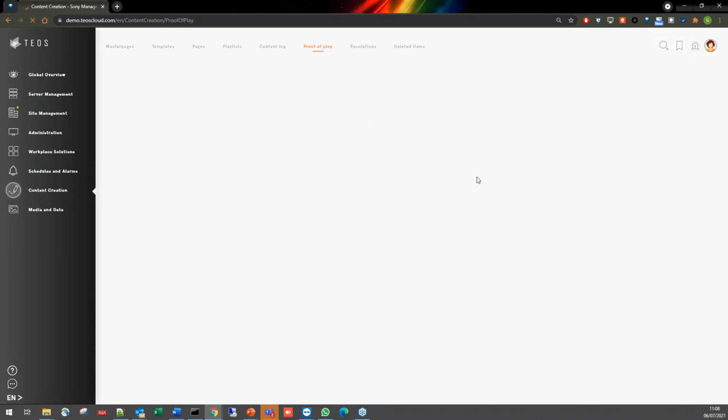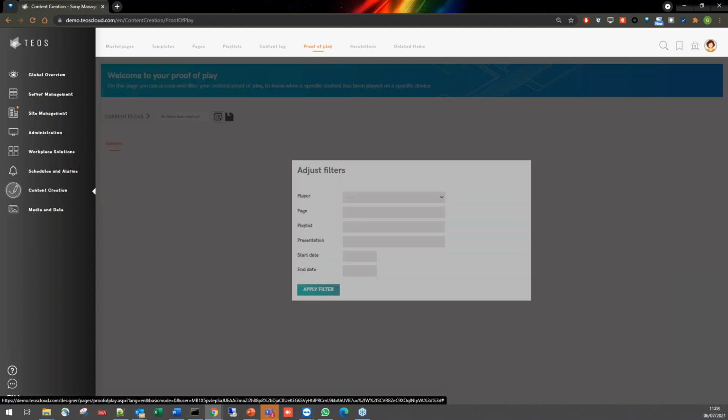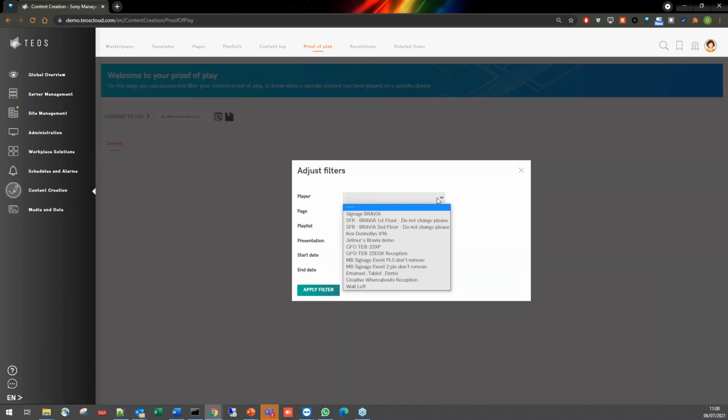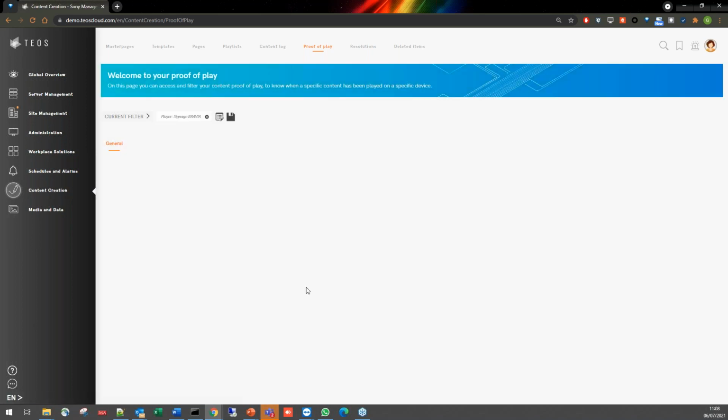We have another option, the proof of play, which is in that case a bit more dedicated. Actually, I need to gather more information there, but it's also a useful functionality to be able to gather more on, again, a top level number of times that a playlist is played or a page is shown, a content that is shown.